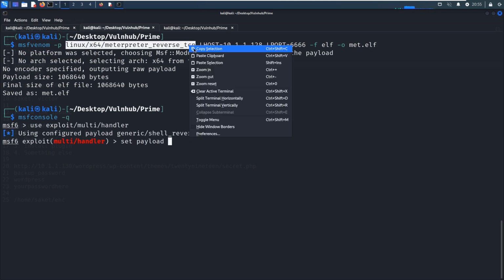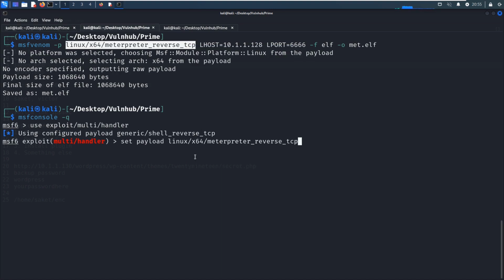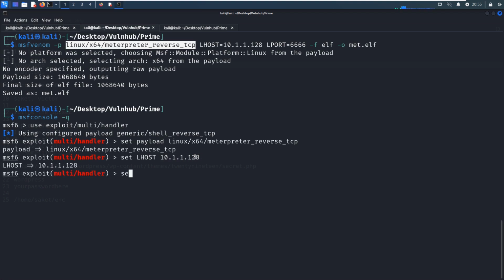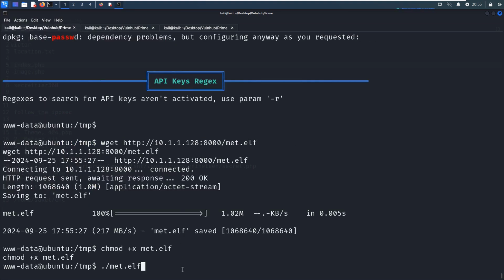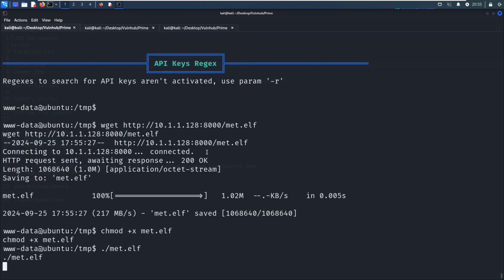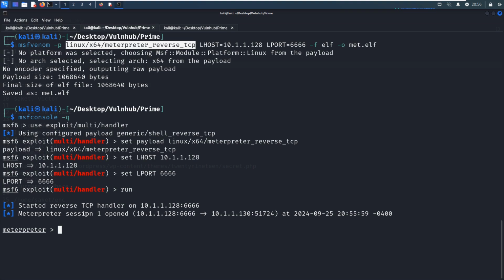We can copy, and then set the local host to our Kali Linux, and set the local port number to 6666, and then we can run it. The handler has started.